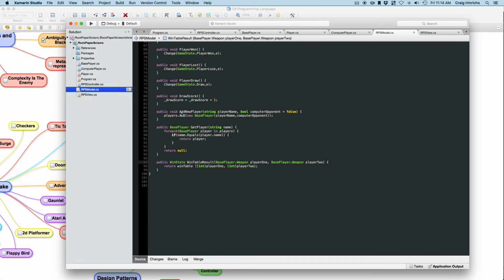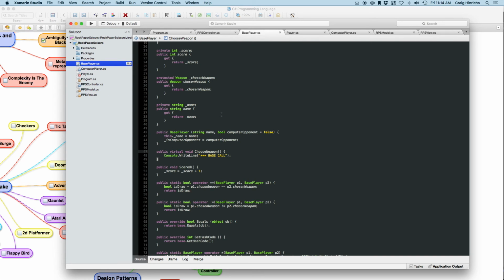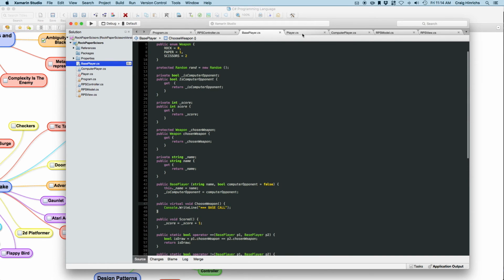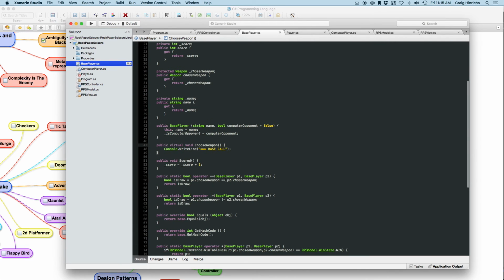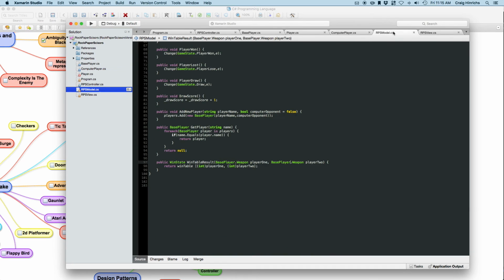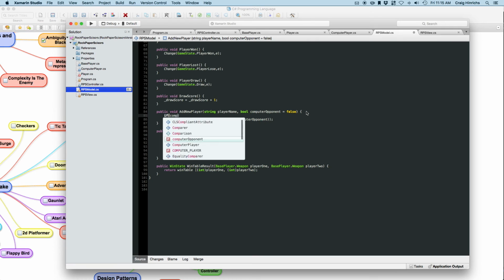Now, when we add a new player, we've now changed it so that it's not being done with this variable anymore, the computer opponent. So we're using a concept called polymorphism. Depending upon what kind of class it is, that's what chosen weapon gets called. So let's go over to our model, add new player, player name. Here is where we need to now check for, is it a computer opponent? So if computer opponent,